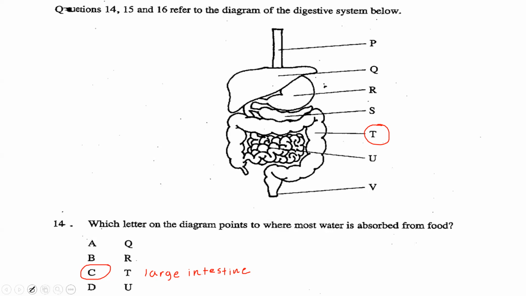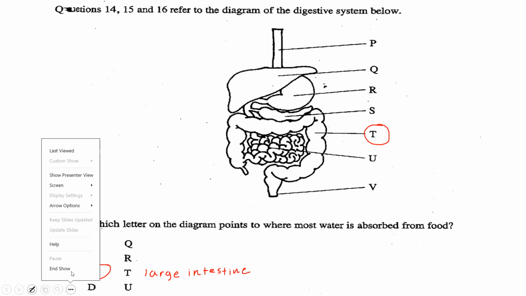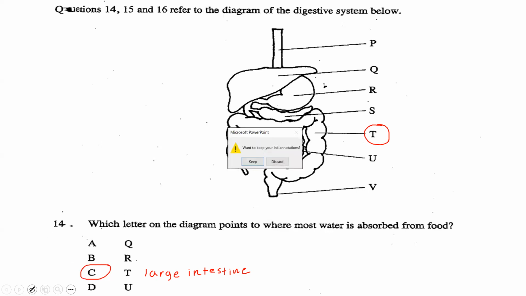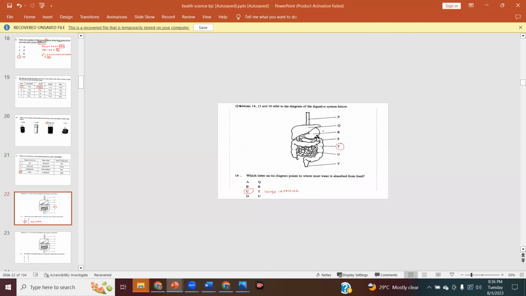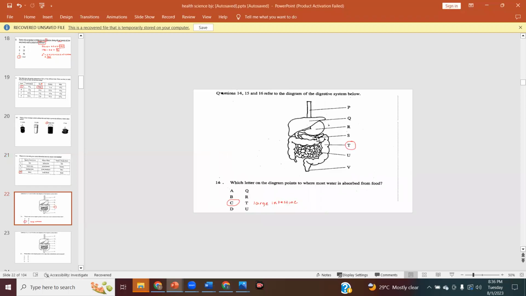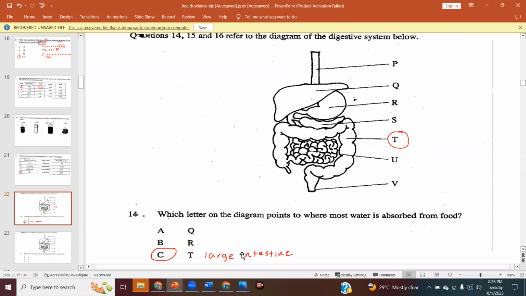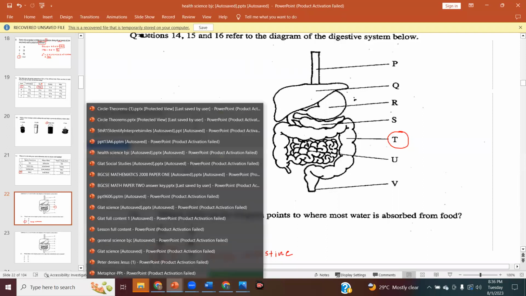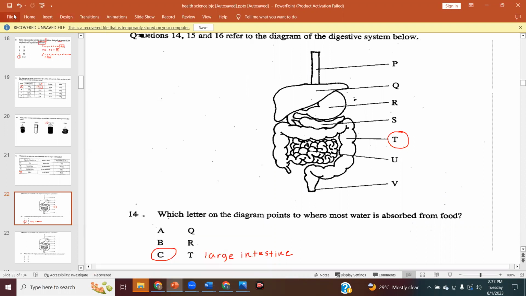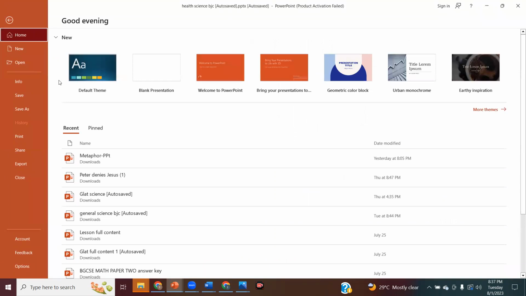Everyone please stay. Whether you're doing health science or general science, make sure to stay until the end. All right, so we're gonna go to general science